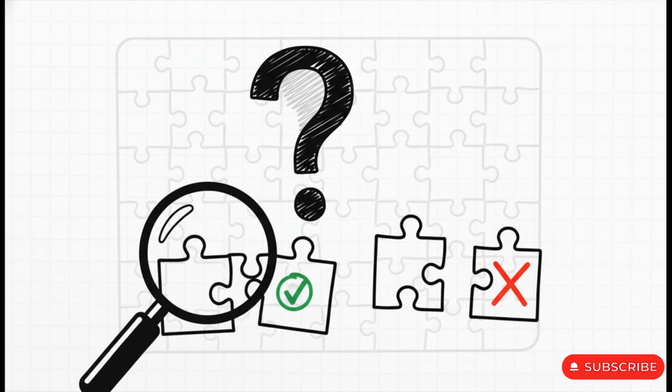I mean, how do you check for an error without looking at the data, which would destroy it? You do it indirectly. You ask questions about the relationships between the qubits. It's like checking if two jigsaw puzzle pieces fit together perfectly. You can tell if a piece is in the wrong place just by how it connects to its neighbors, right? You never actually have to look at the picture on the pieces.